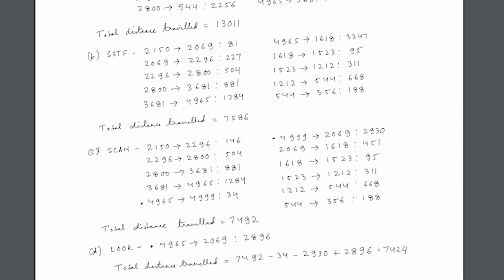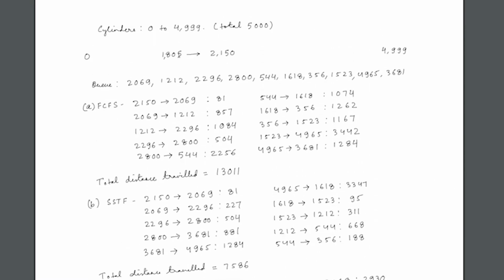Now let's go to the scan algorithm. In the scan algorithm, the disks would go in a particular direction all the way till the end of that direction, and then they will reverse direction, and then they will process all the requests on their way back, and they will go all the way to the end of that direction, and then they will reverse their direction and start going in the original direction all the way to the end again.